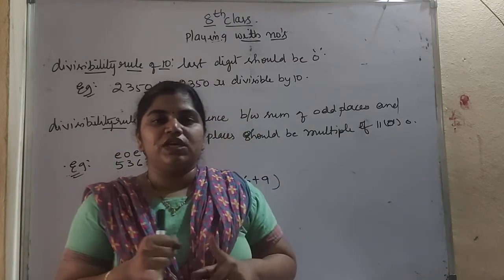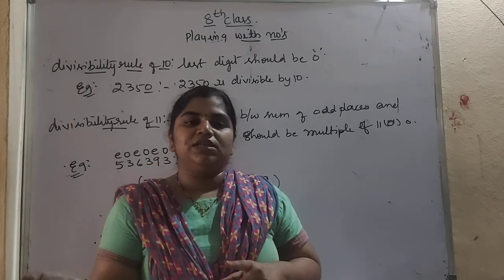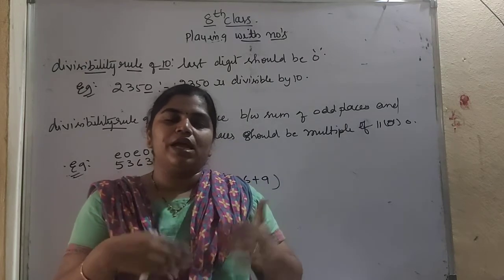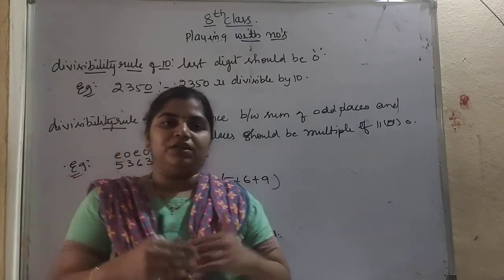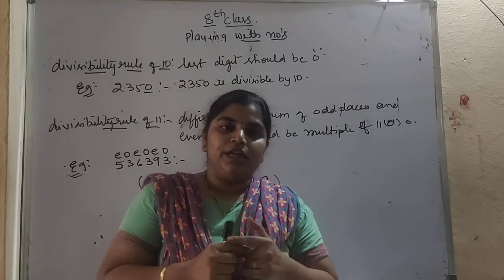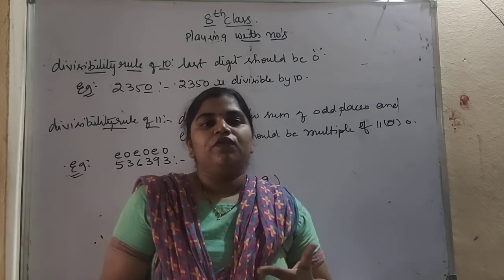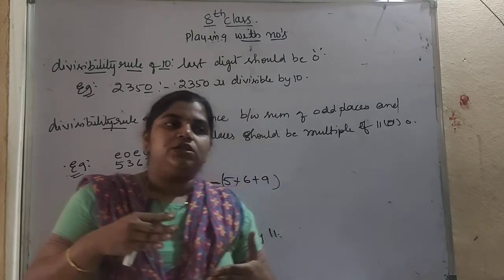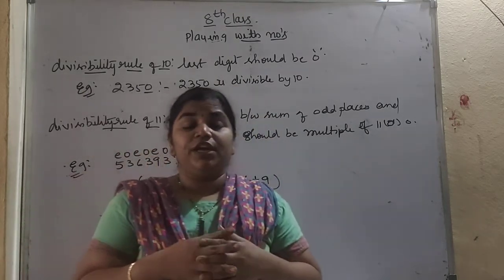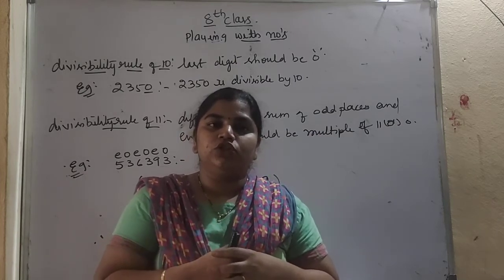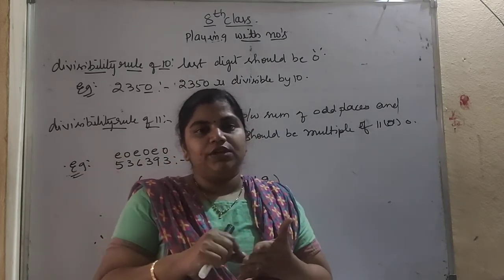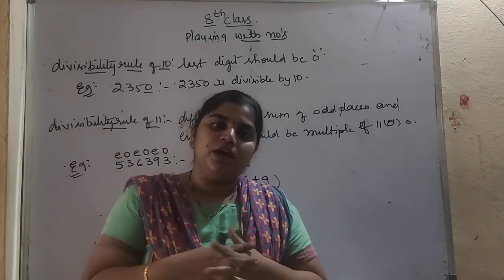Next is divisibility rule of 7. So what is 7? Twice the last digit and remaining number you have to subtract from that. You have to repeat the process till you get the simplest form. What do you mean by simplest form? Till you recognize whether it is a multiple of 7 or not. Okay. So next, divisibility rule of 8. Last 3 digits should be divisible by 8. Then only it will be divisible by 8. If last 3 digits are divisible, the whole number will also be divisible.